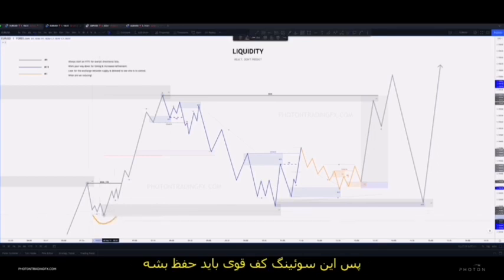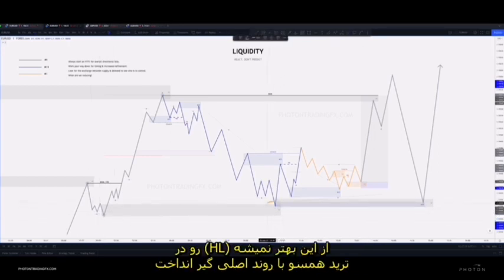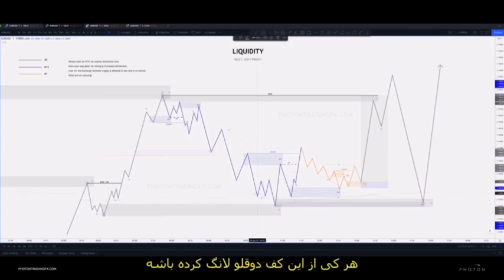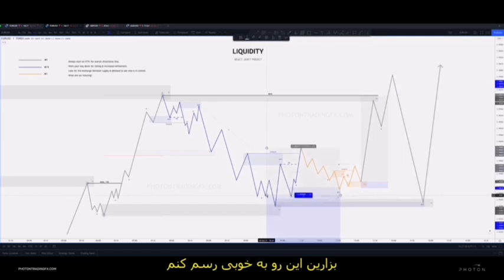This is our highest probability zone, and it's at the origin of the swing move. So this is where that strong swing low should be holding. This is as good as it gets essentially in trying to catch that higher low and that pro-trend move. We then induce sellers into the market. So anyone who's getting long from this double bottom already, if we draw on this,